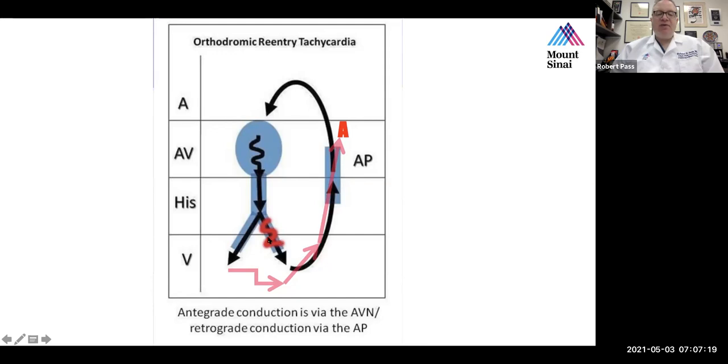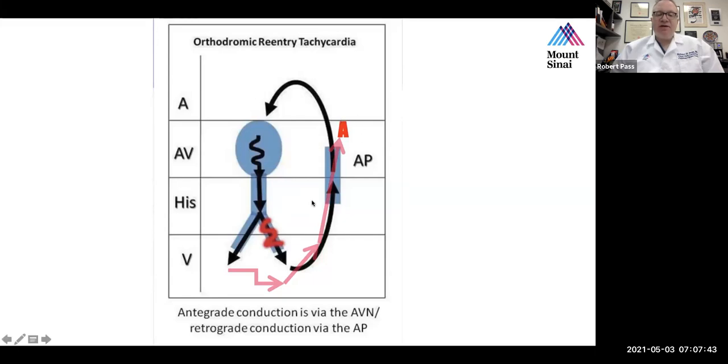Now, if you had a left bundle and you had a right-sided pathway, it would not affect the cycle length, okay? But if you have a bundle branch block in the setting of orthodromic reentrant tachycardia, and if the tachycardia cycle length lengthens, then that's a good sign that you have an